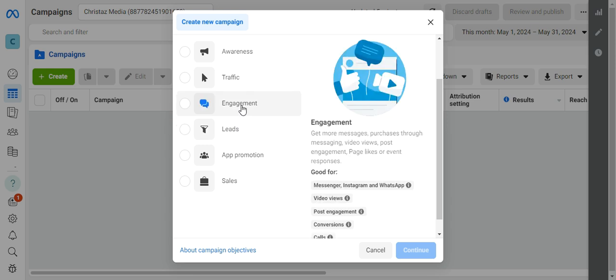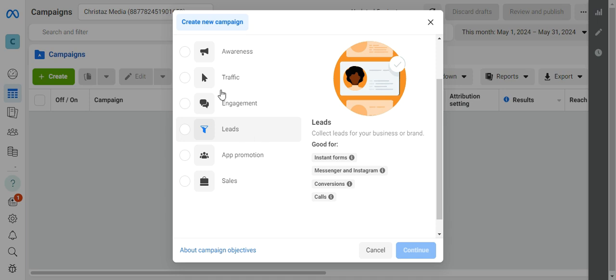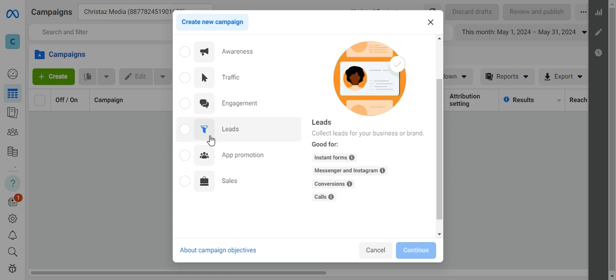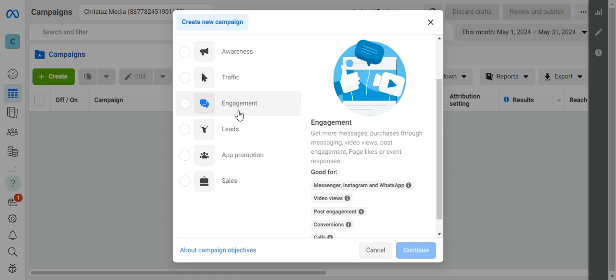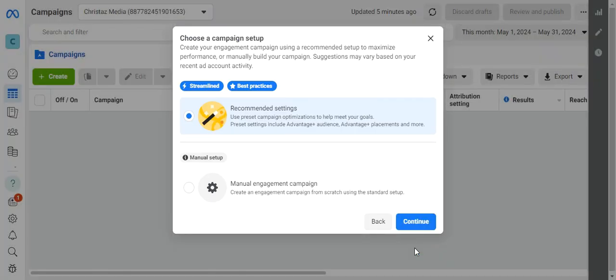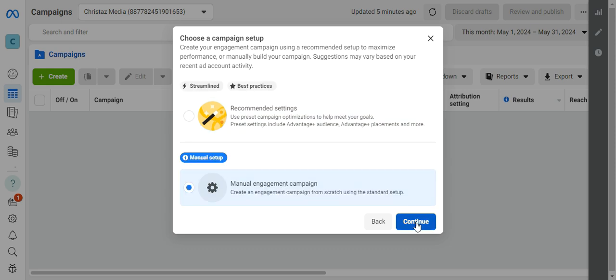I have tried both the engagement and the lead generation, and I found out that I get better results when I use engagement. You can try any of them to see which one works for you. Maybe your lead generation might be better, maybe your engagement might be better, but I found that I get a lot of good results when I try the engagement. So click on engagement, click on continue, and then over here you're going to choose manual campaign, continue,